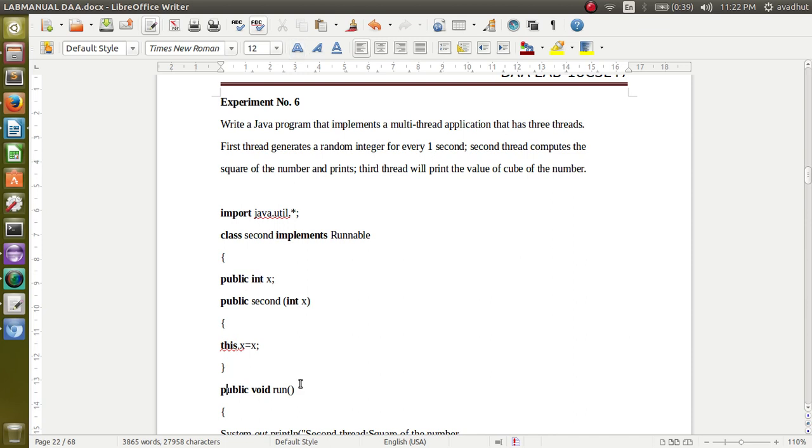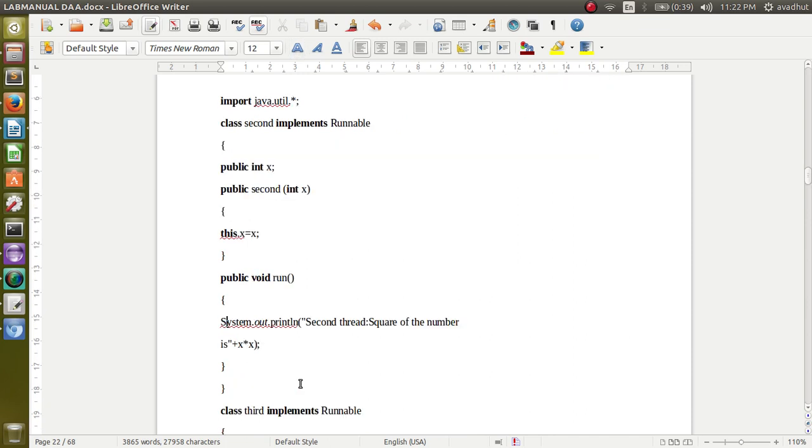Next we have the run method. Whenever the word implements is used, interfaces come into the picture, and the run function will execute. What is to be actually done, the logic of the program, is written in the run function.